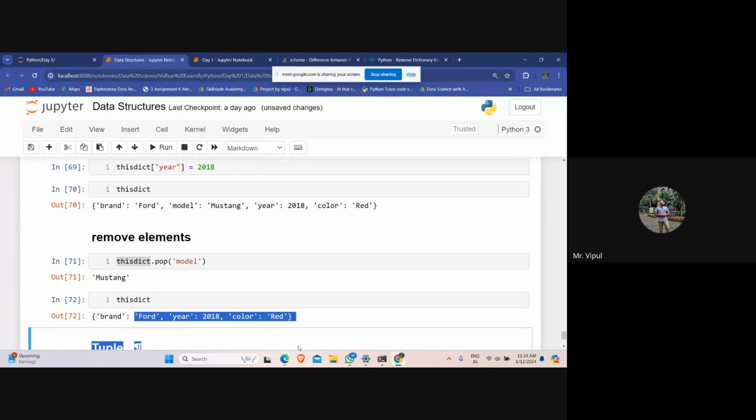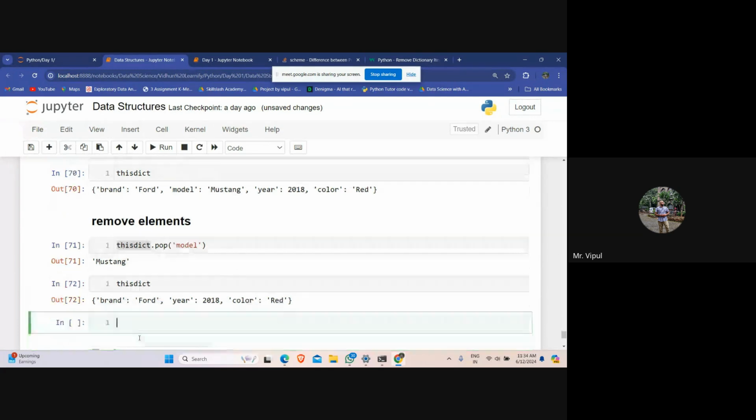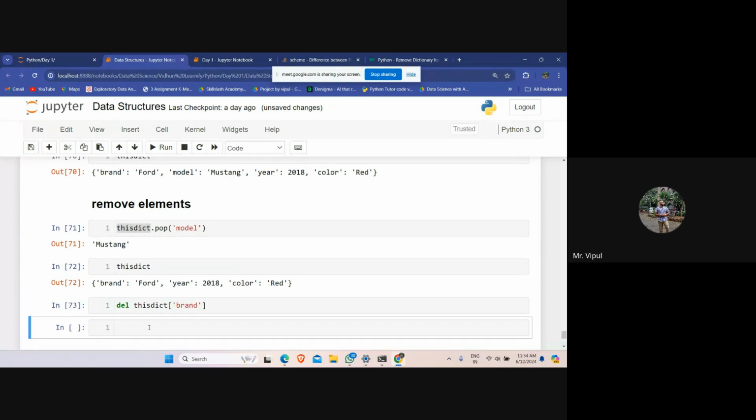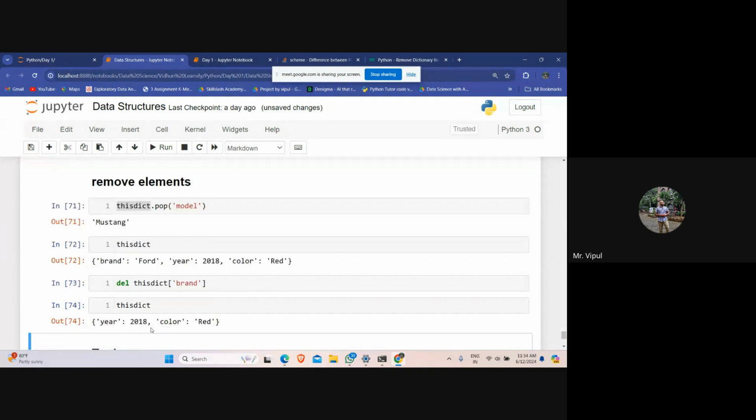Now you can use delete as well over there. Suppose you want to delete, what do you want to delete? From this dict, I want to delete brand. It is deleted. If you go and check what is there in this dict, you have this thing, right? So just try this, guys. Just try this and let me know if it is done or not.